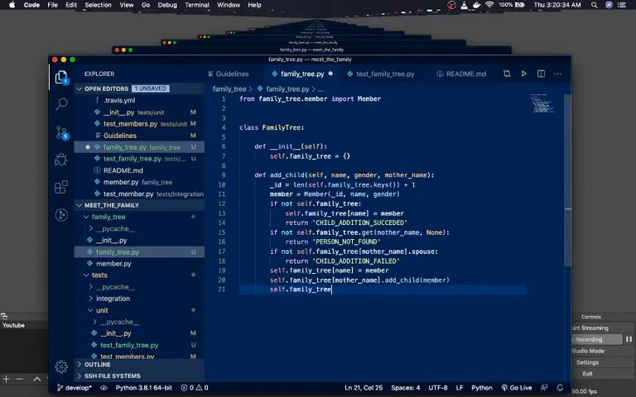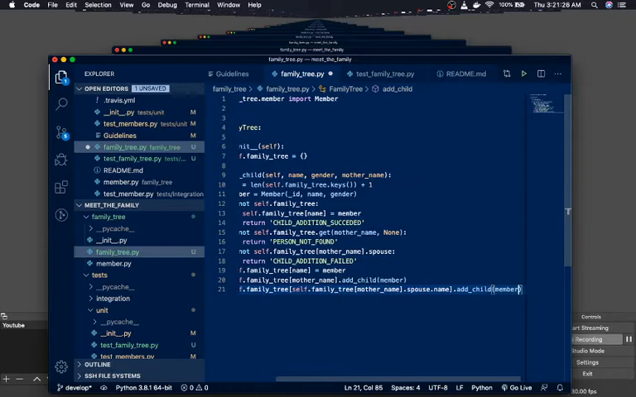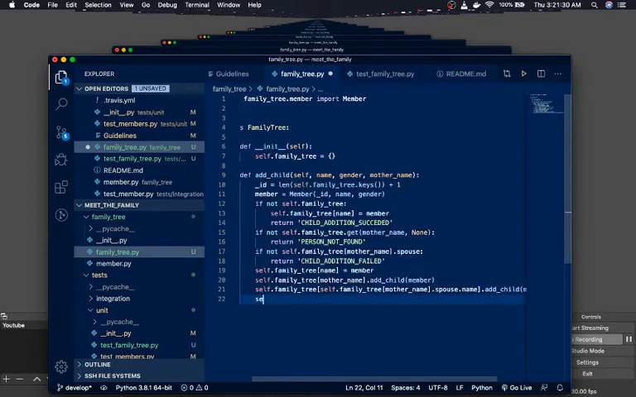self dot family tree mother name dot spouse, which is our father, dot name. Father name dot add child, this is our father's name. So to add member over here, then what we're going to do is we're going to